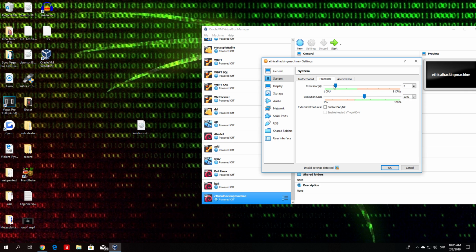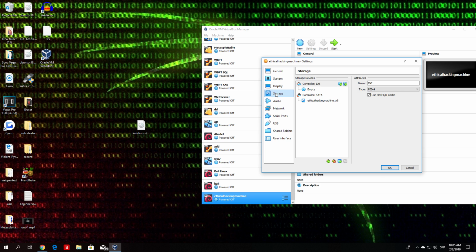So basically, if I put here one CPU and 53%, it will only use 53% of one of the cores of my quad-core CPU. So I'll just put here 100% and 2 CPUs right here. One second. You do not need this much. One core is more than enough for this. But if you want, and if you have more cores to spare, you can set it here too. On the display, we don't really care about this, and here on the storage we want to insert our Kali